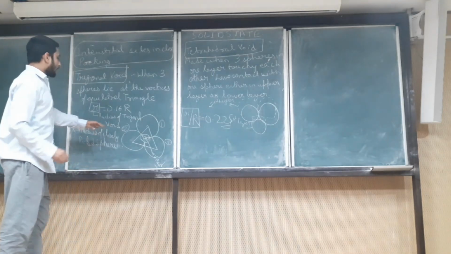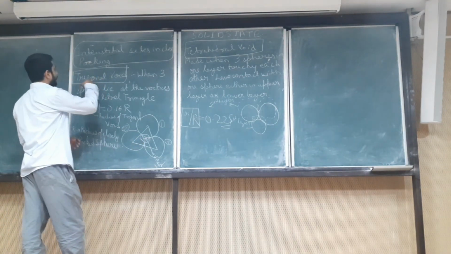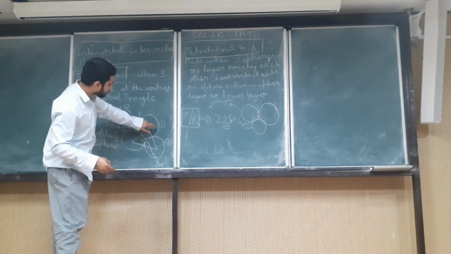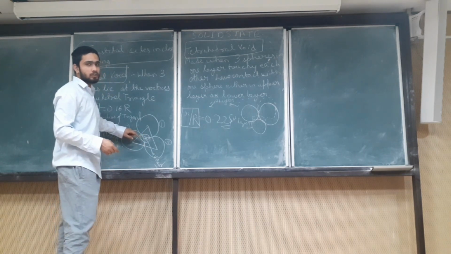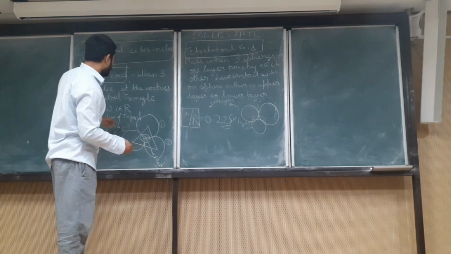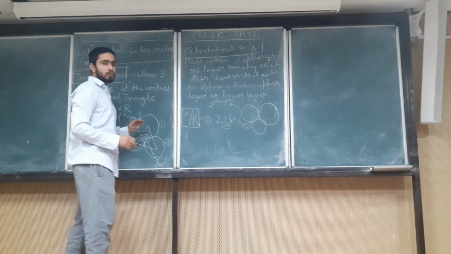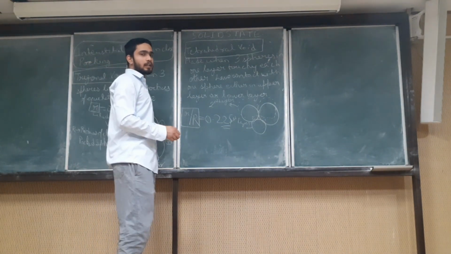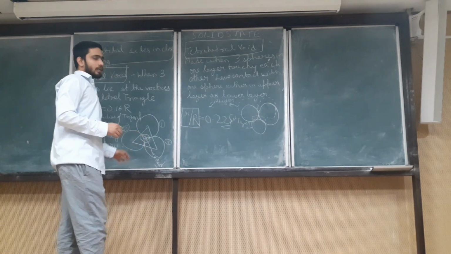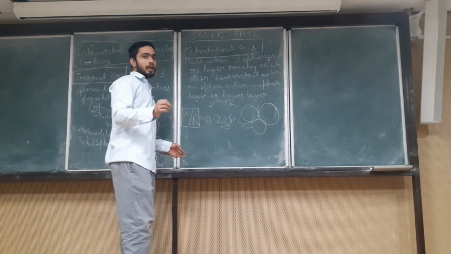And this small r is the radius of this trigonal void. This trigonal void you can see here in between the three spheres. This is a void space which is left. Okay, so this is called a trigonal void. And when we connect the centers of these three spheres, they form an equilateral triangle, then a trigonal void is formed. And the space left between these three spheres is called a trigonal void.